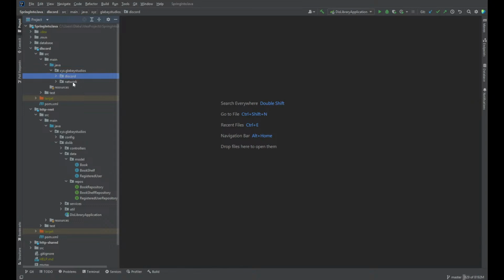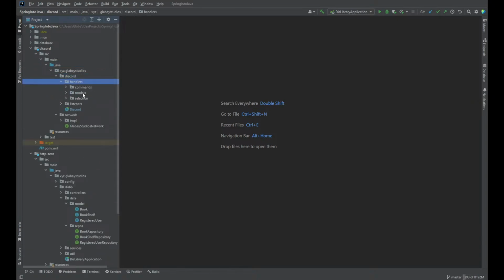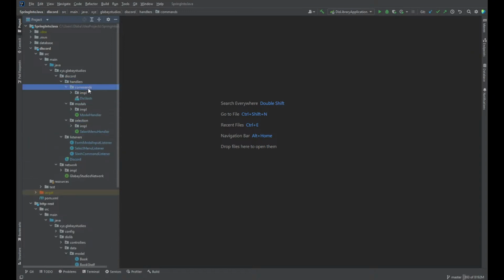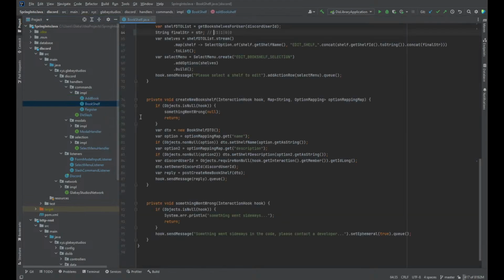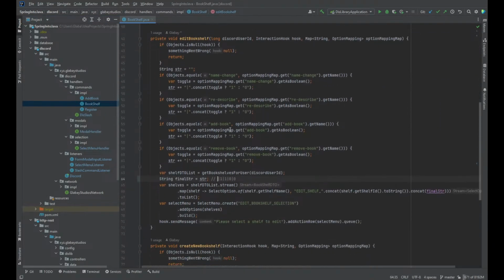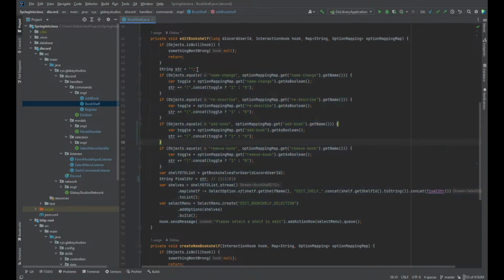So, the things we made changes to were in the Discord side of things. So our bookshelf command, when we left off, this was pretty blank. So what I did here was,